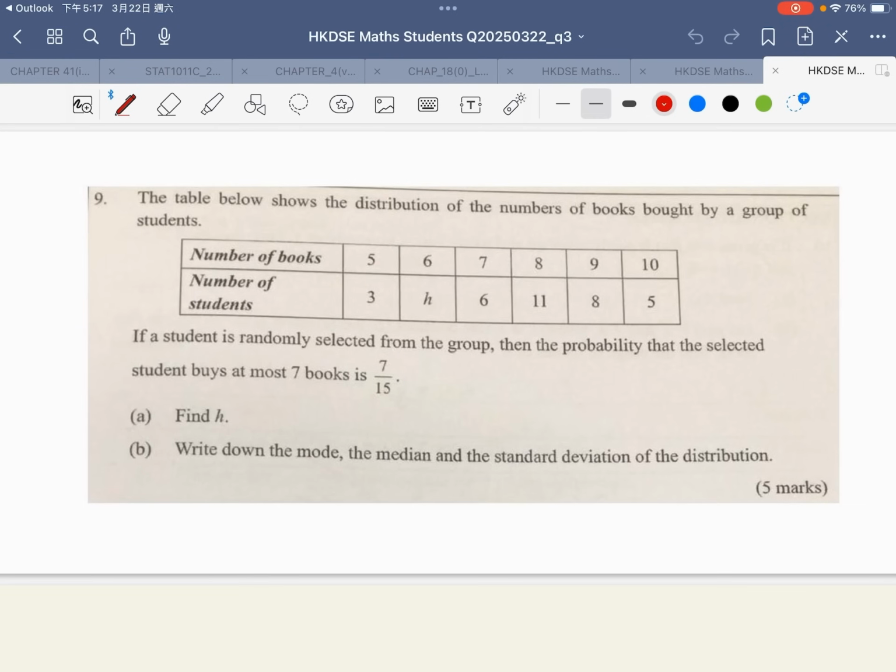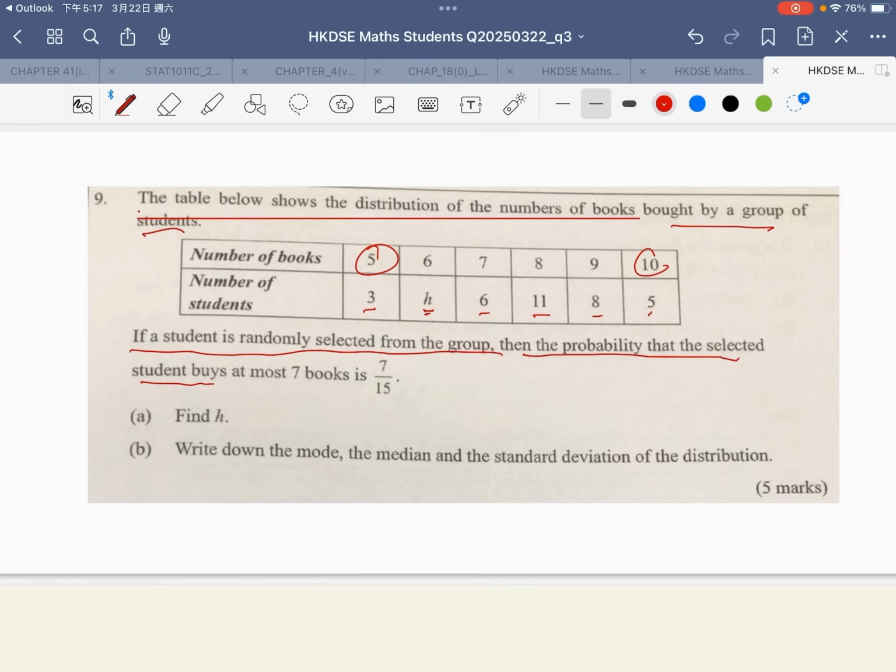This question is a statistics question combined with probability. Let's look at this question because this is a short question. The table below shows the distribution of the number of boxes bought by a group of students. The number of boxes is 5 to 10, and the number of students is 3, h which is unknown, 6, 11, 8, 5. If a student is randomly selected from the group, the probability that the selected student buys at most 7 boxes is